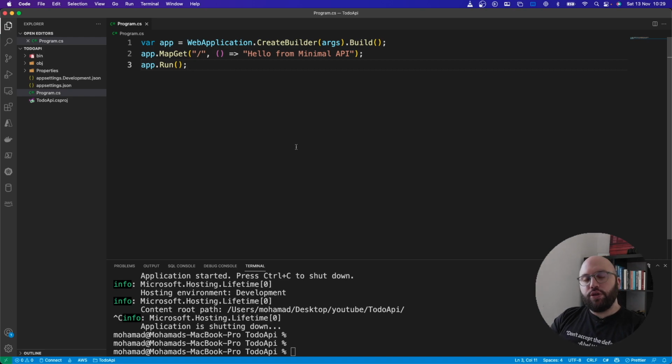So the first thing that we're going to be needing is some kind of a data type. For example, within a to-do application, we need to have an item which is going to contain the title, the description, and if it's done or not. So these 3 things. Normally, if we think about it, it could be some kind of a class. But because right now we're trying to utilize everything from .NET 6 and C# 9 and C# 10,